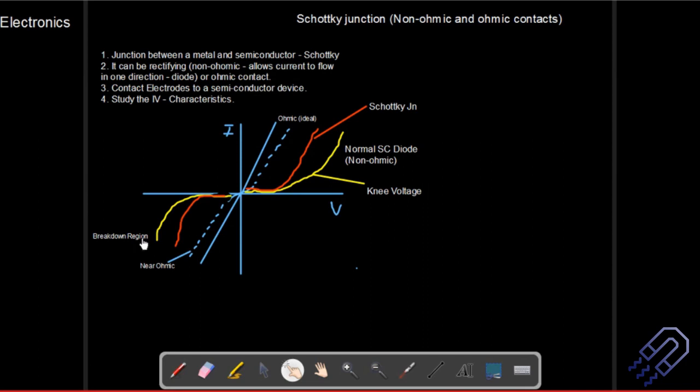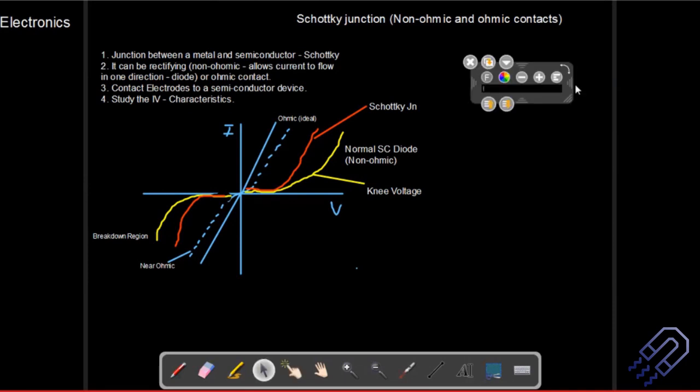So this is how the IV characteristic looks for different kinds of electronics. For example, the first one is an ohmic one, which is ideal. Basically, it follows Ohm's law. We can write down a few points here. So what happens in ohmic we are actually having